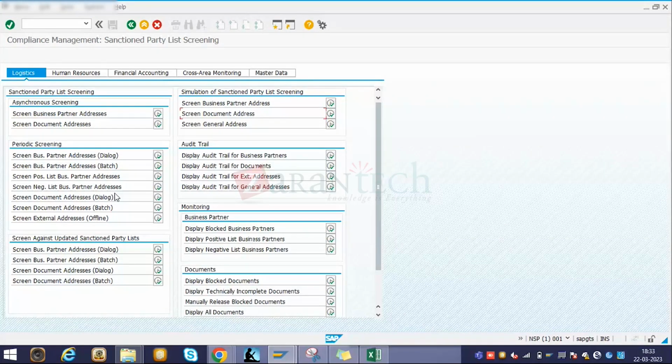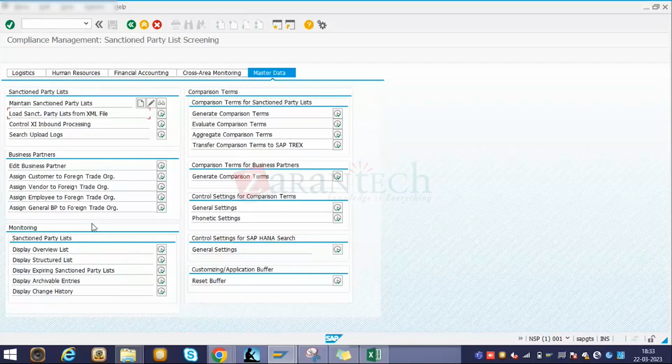This has been all moved to Fiori apps. That's the reason, because it hasn't moved to the Fiori apps. So that's the reason this entire screen that you see in this menu legal T code, or we call it the GTS area menu. This GTS area menu, you will not find this T code working, and everything that you see here has been moved to